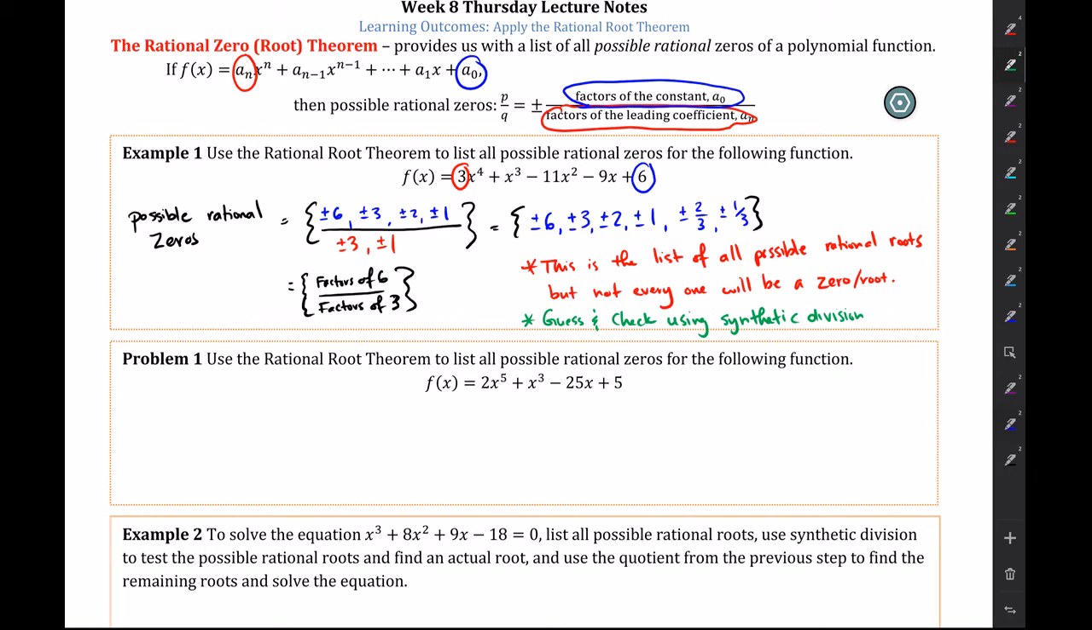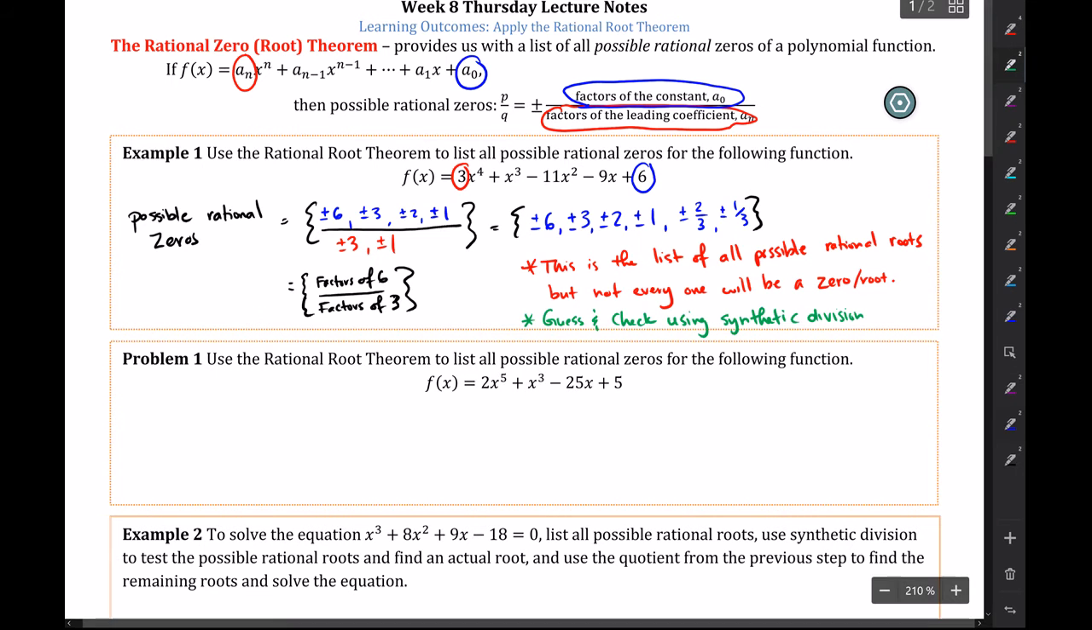Okay, so welcome back. Now what we're going to do is apply the rational root theorem to try and find all the roots of f of x. So again, the leading coefficient is 2, and the constant coefficient is 5. So the possible rational roots are